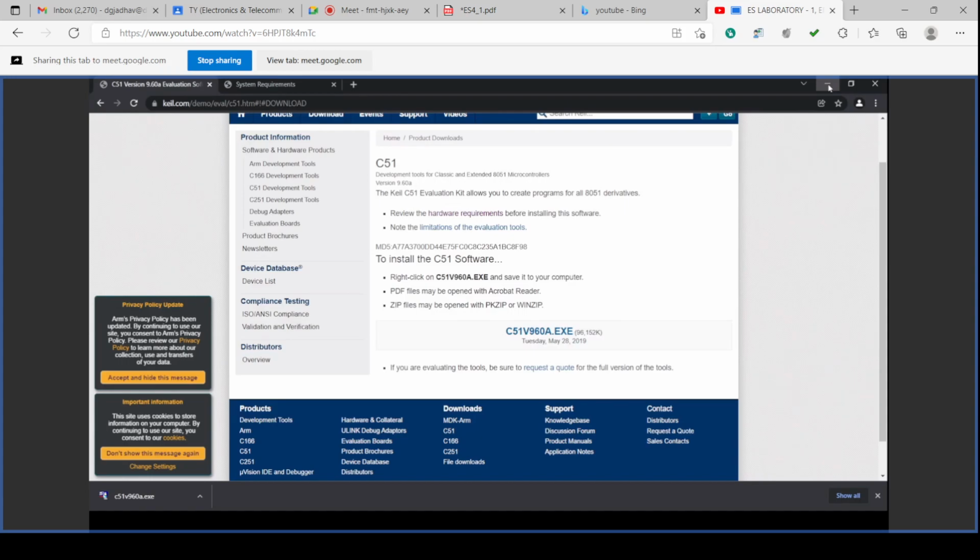Okay, so this is launched now. Keil C51 examples. Okay, and there is one hello project also there.